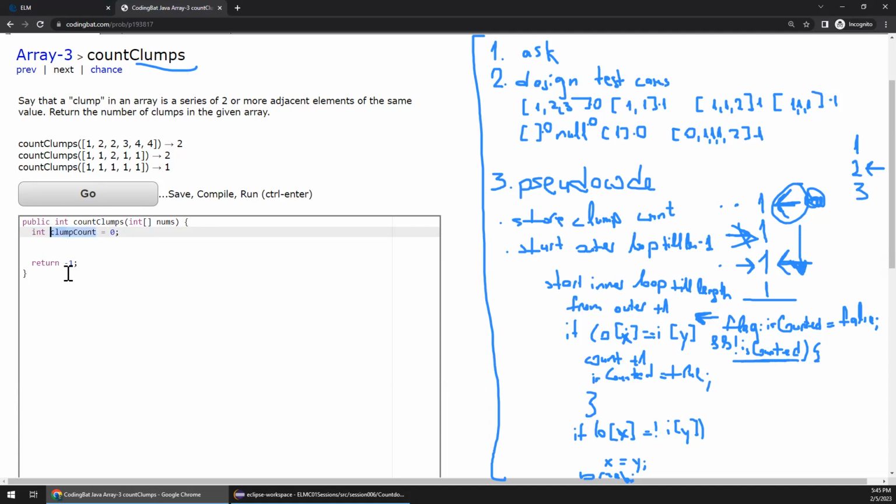So I will just return clumpCount. By the way, you can perfectly store it as a byte. The Java compiler will automatically cast it for you. Casting from smaller to larger is perfectly fine. If you're casting from larger to smaller, that's where you run into trouble. Outer loop: for int x is equal to